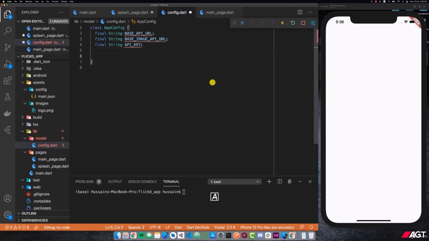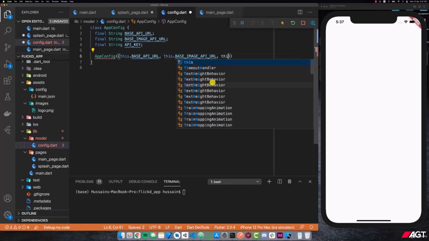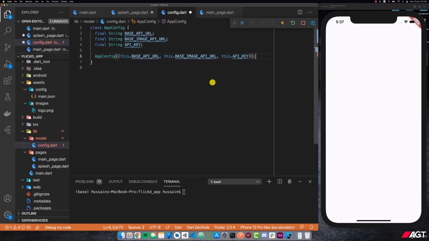And then I'm going to define the actual constructor for our class, and this constructor is going to take in all of these three attributes. So this.base_API_URL, this.base_image_API_URL, and then this.API_key, and then Alt-Shift-F,